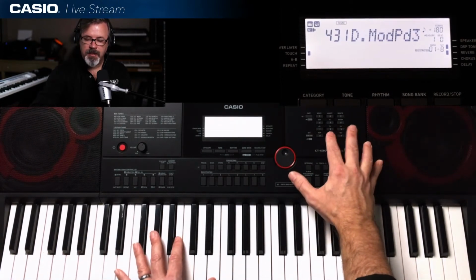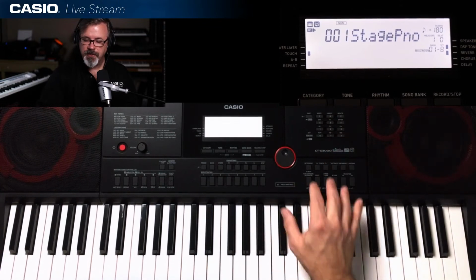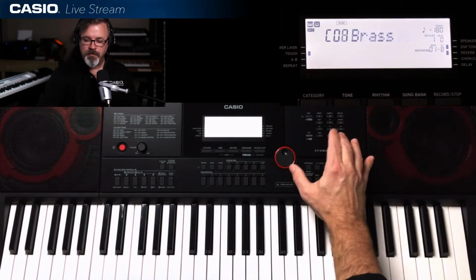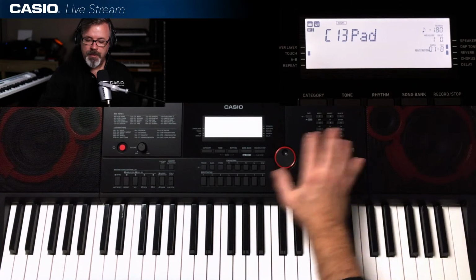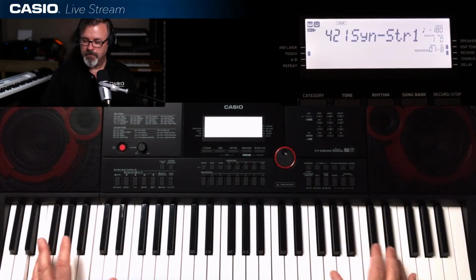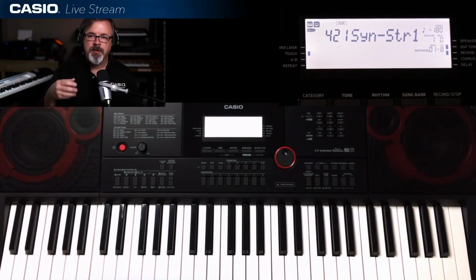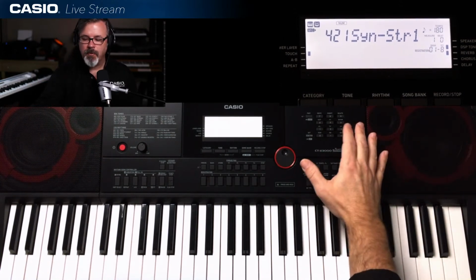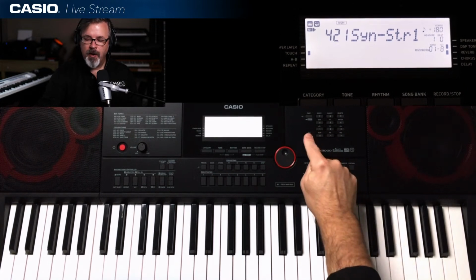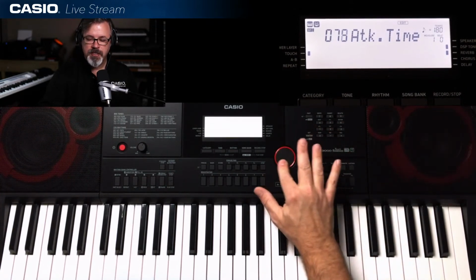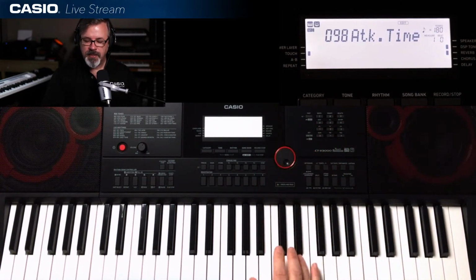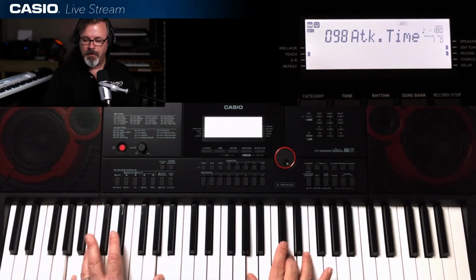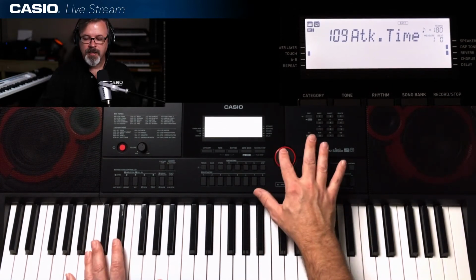So with some of the pads, I'll just go back to the very first pad tone, darn it. I'm going too fast for my own good. Synth pad. This to me, it's a great tone, but I don't qualify it myself personally as a pad because that attack is so fast. So one change, I just might make real quick. Press and hold that enter button, adjust, dial in that attack time, something slower. And now we've got something,